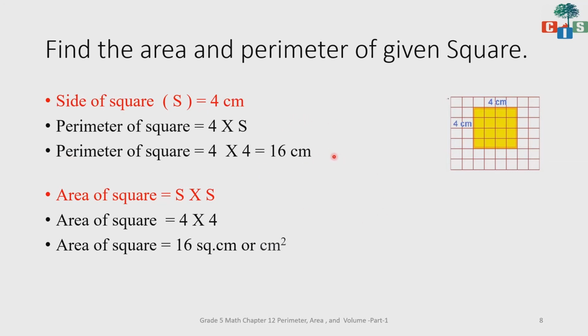So scholars, here we have got the perimeter and area the same. It's not necessary that we will get the same value. In this sum, for this square we have got the same values, that is the perimeter of the square is 16 and the area of the square is also 16 centimeter square. Now scholars, we will see one example related to a rectangle.